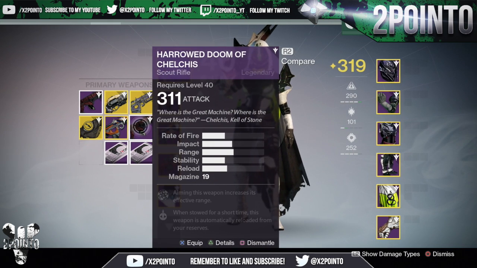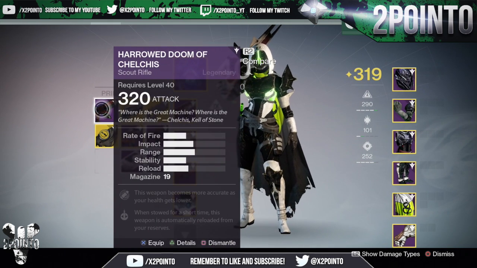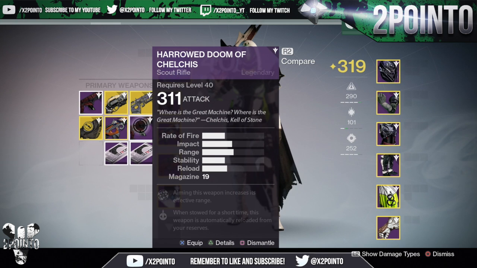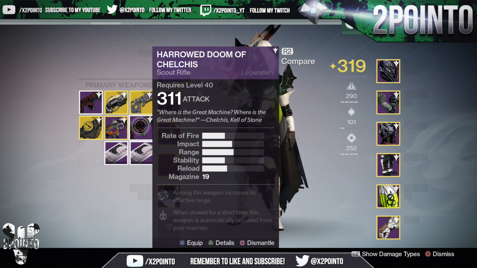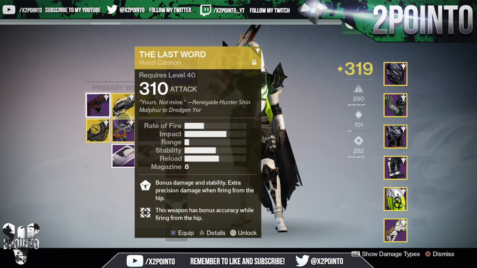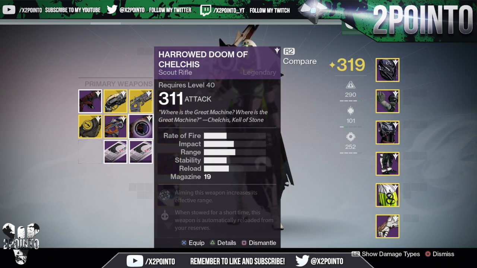I've got 2 here on me. One of them is 311 and the other is at 320. This one here has got rangefinder, so aiming the weapon increases its effective range, which I am debating infusing up to 320 using this one as well as this, but I'm going to wait. Oryx challenge mode is coming up, so hopefully I might be able to get a full auto 321 to drop